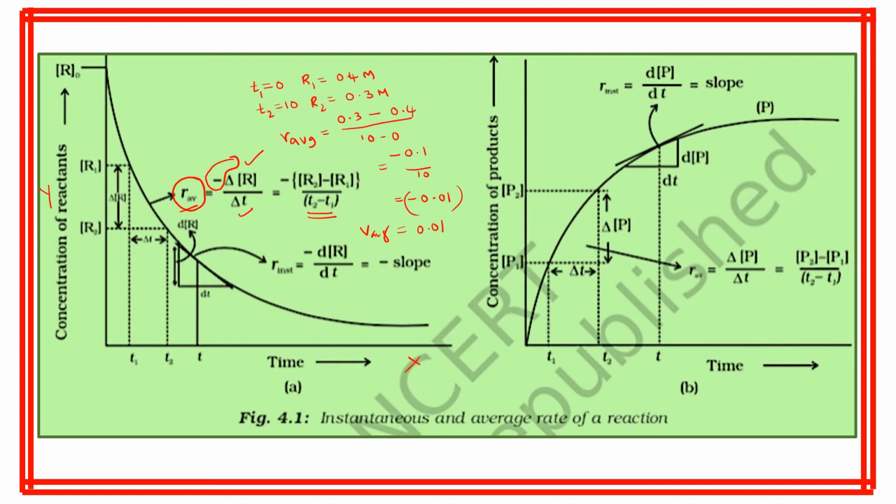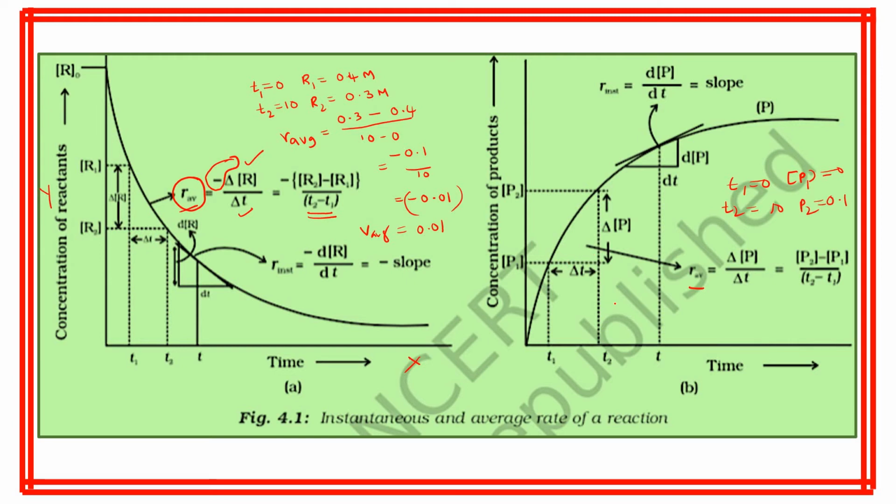Now whenever you are calculating the average rate of reactants, always multiply that formula with minus. For the product, no need. Why? Because in the average rate of product, what happens? Again T1 equal to 0 seconds, T2 equal to what actually? Again 10 seconds. And at this time the product concentration will be what here?